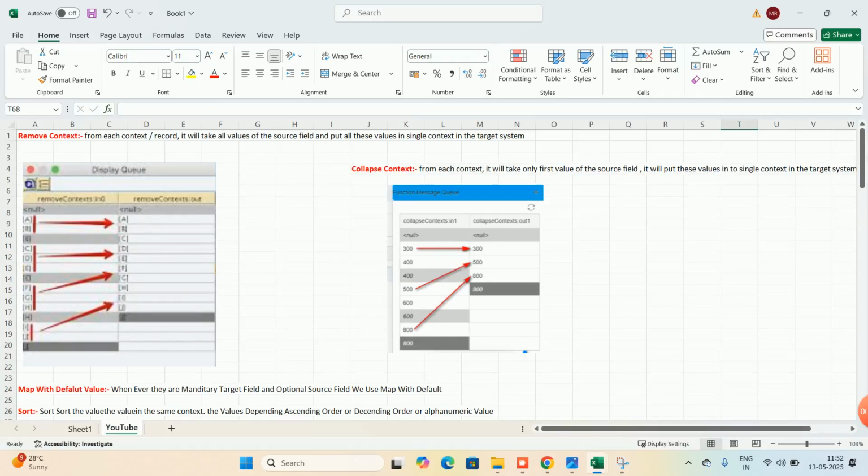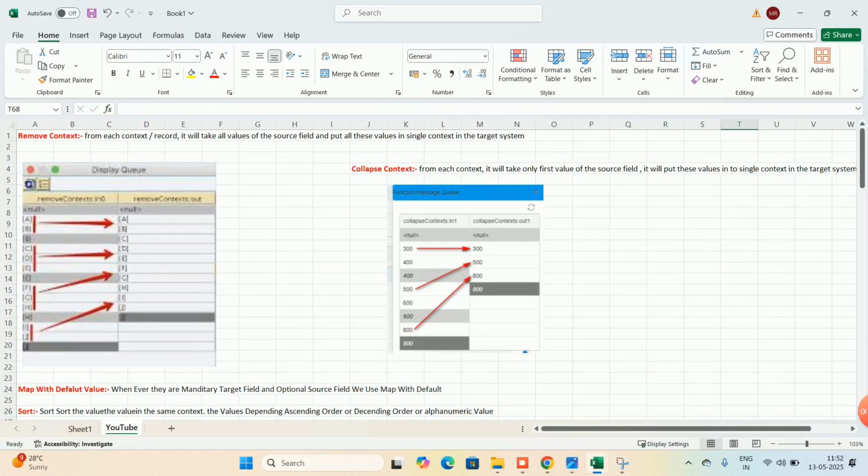For all these context changes, what collapse context is telling is it will take only the first value. For this context 300 is the first value, it will keep on the target. This is the output. For 500 600, 500 is the first value, it will keep in the output.